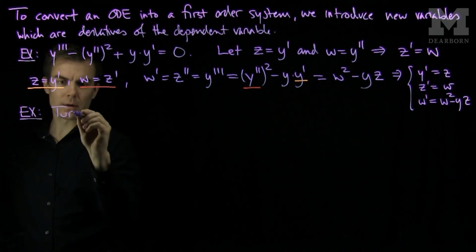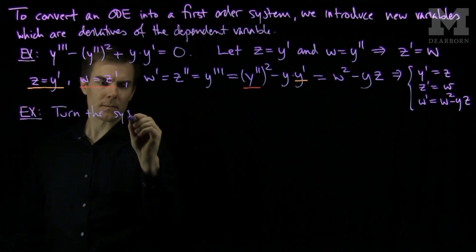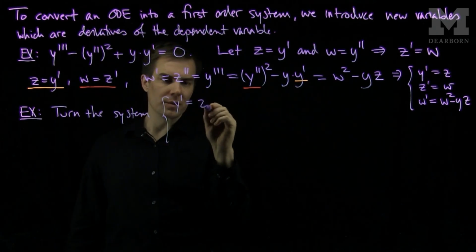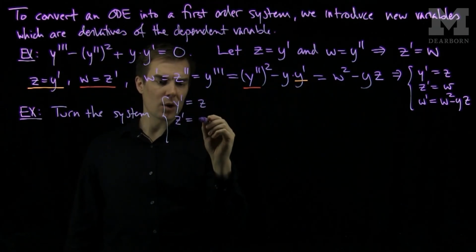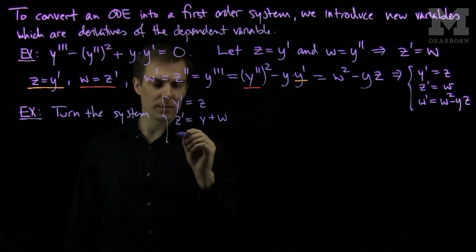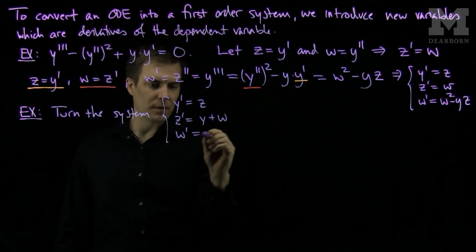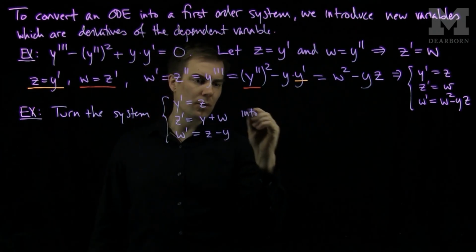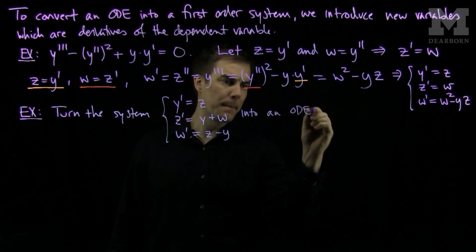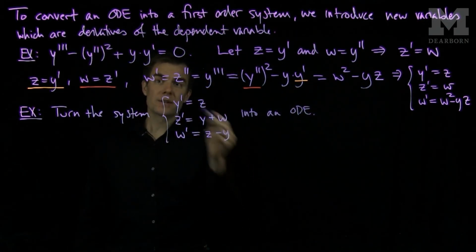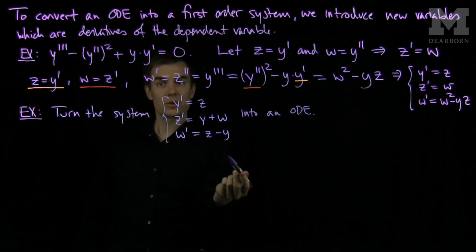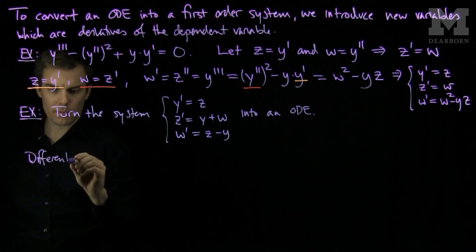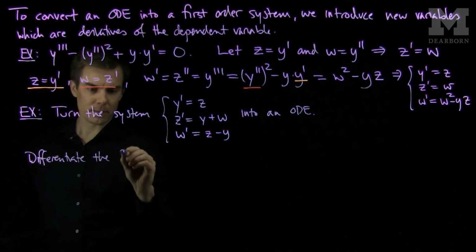Let's turn the system y prime equals z, z prime equals y plus w, and w prime equals z minus y into an ODE. To do this, instead of introducing derivatives, we will simply differentiate one of the equations. So we differentiate the first equation,